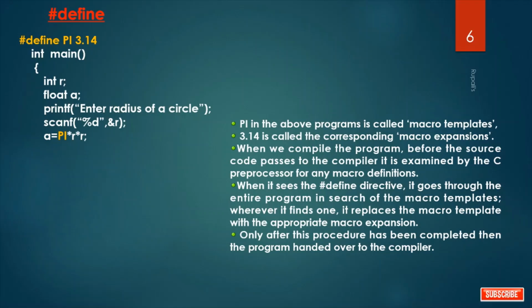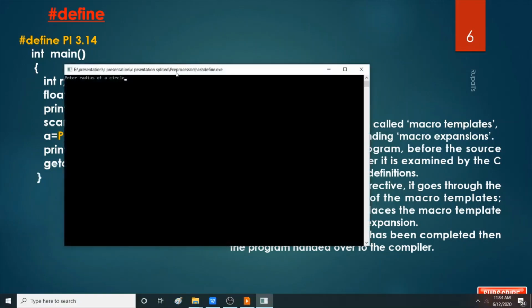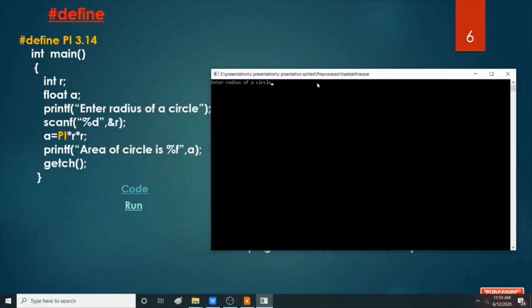After that, we calculate the value of area and get the result. So when we run the program, we get the actual result. Enter the radius of a circle, say 4. So we get the area. In this way, the hash define preprocessor command works.